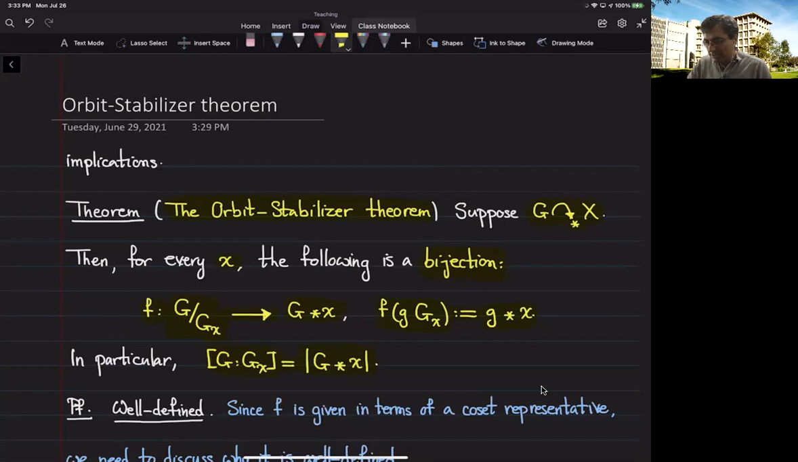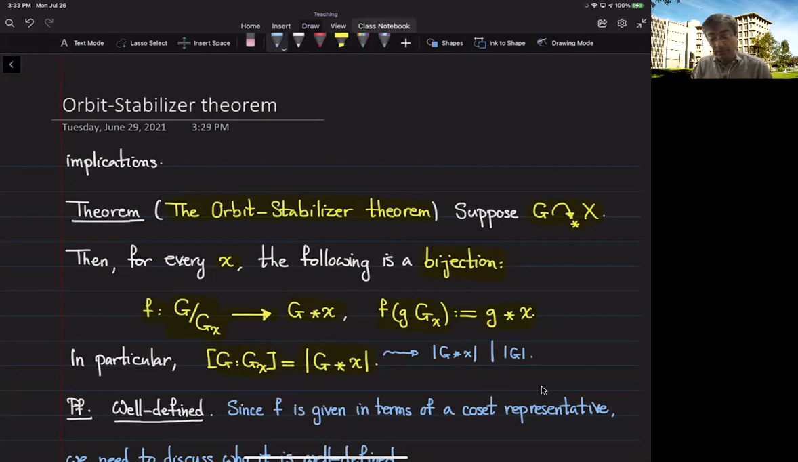So from here, I can deduce that the cardinality of every G orbit divides the cardinality of the group G, which is a non-trivial statement. In fact, Lagrange was interested in this statement, and that's why he proved his result. He was studying zeros of polynomials, and along the way, he was trying to understand symmetries of zeros of a